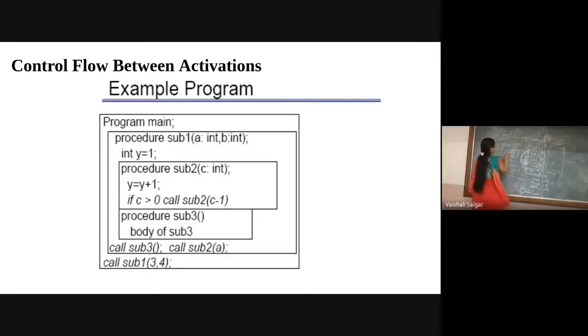But this sub1, when this sub2 is going to be executed, there is a recursive call, right? So obviously, it will again have sub2, 2 which is C minus 1, and it will point to the activation record of sub2. Now I think this is clear. Now is it correct? Because what I said, a dynamic pointer or a dynamic link is nothing but a link which points to the activation record of a caller.